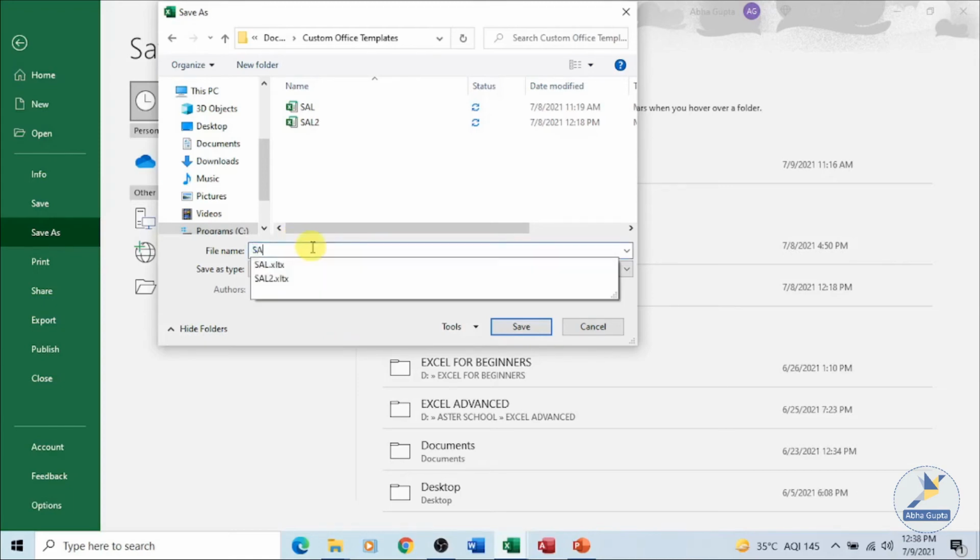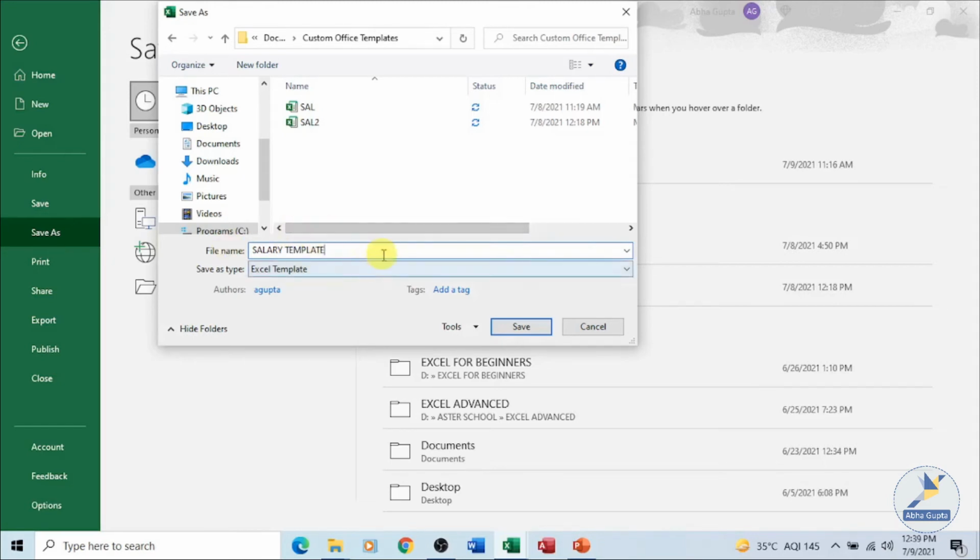Say we are saving the salary, so let's give it the name salary underscore template.